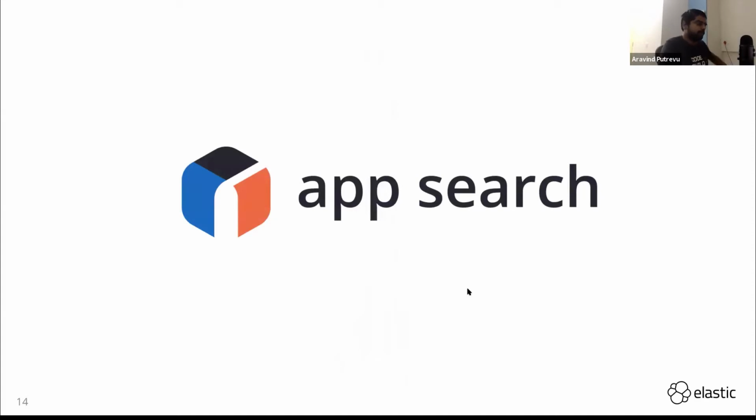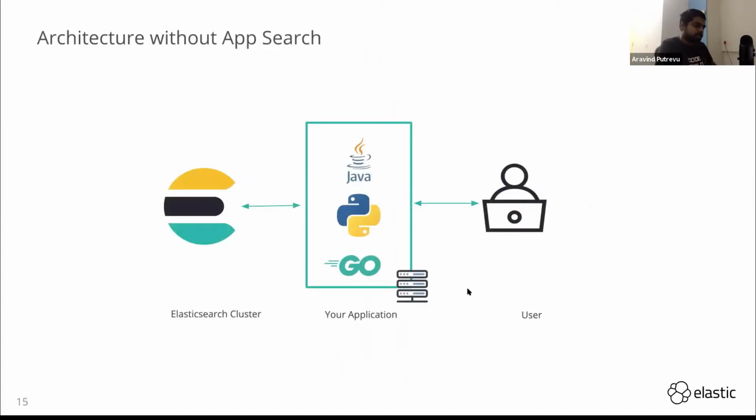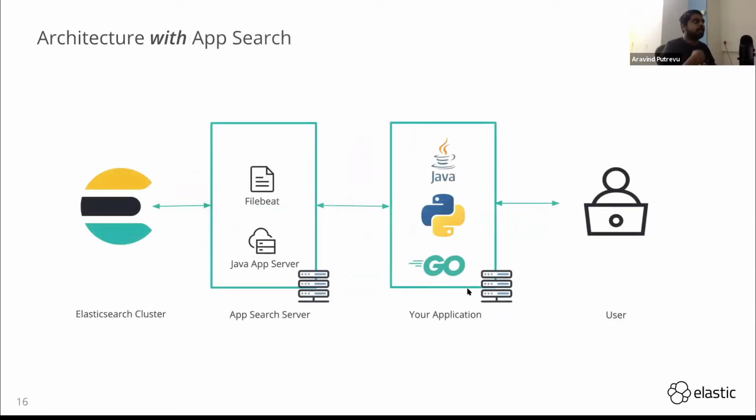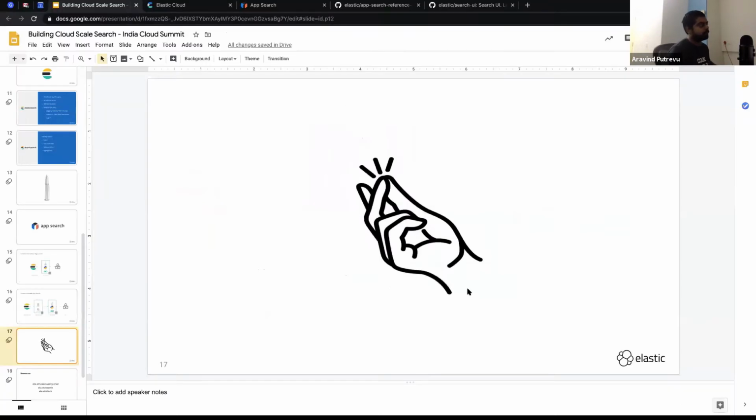Before we go into the demo, I'll also show you the architecture without app search. If you want to build an Elasticsearch cluster today, we generally don't recommend directly accessing the Elasticsearch cluster from the public web or directly by the user. So you might well have a search server in between, which handles all the API calls and everything for you. But app search is just a layer on top of it, which manages everything for you and makes things easier. So how does this happen? Let me quickly go and do the demo, so that we get things started.